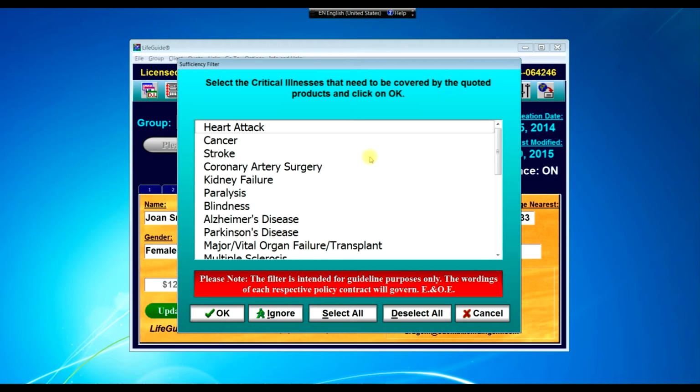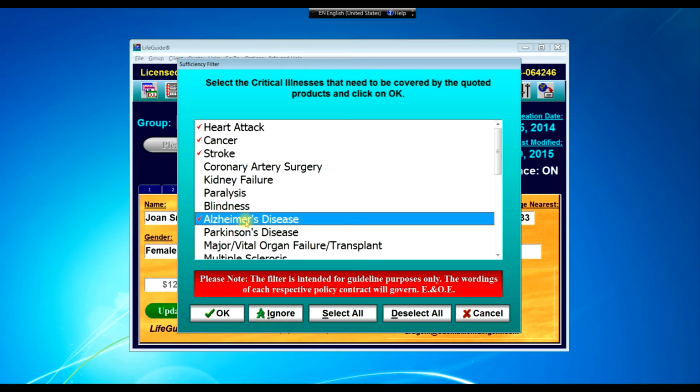Now here you can consult with your client to see which illnesses, events, conditions that are critical that the person would want to cover. So let's take the standard 3, heart attack, cancer, stroke,